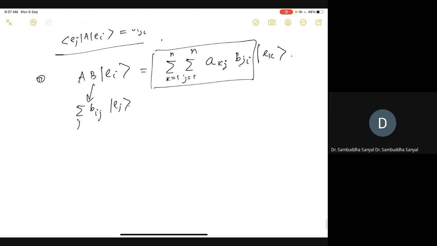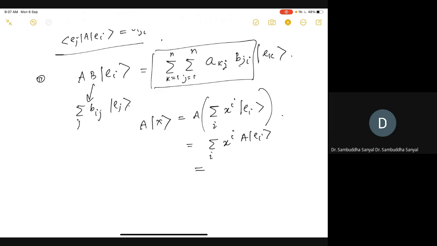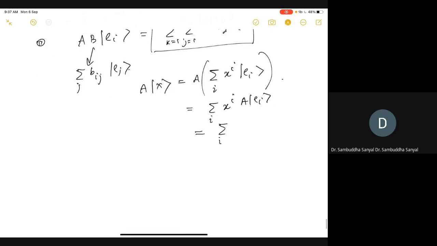Okay, and so on. There are various other things. So now you can also work out how A acts on an arbitrary operator because you know how it acts on the basis. So it should be nothing but... and then it is acting on it. So this is a scalar. So A e_i, then it must be Σ_j a_ji e_j.